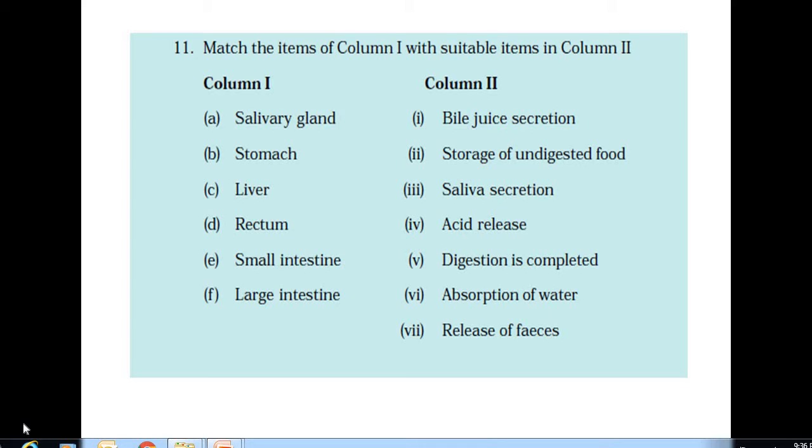Actually, storage of undigested food is by the rectum, and release of fecal matter is by the anus.